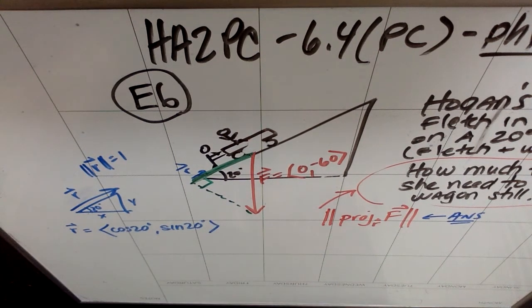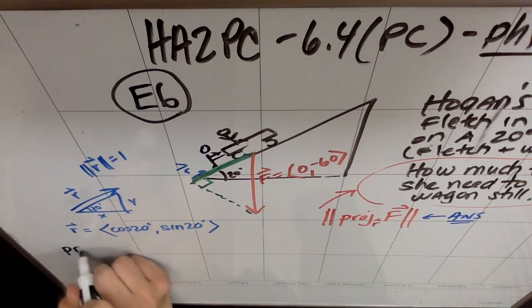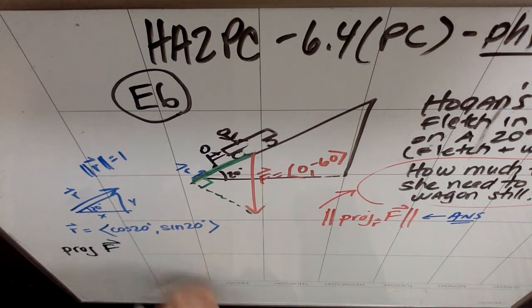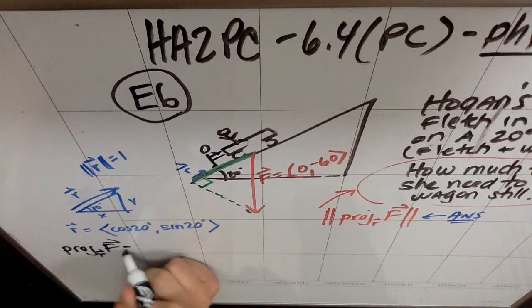Because again, I really only care about the direction of r, and the direction of r is up the ramp. So I drew r to be the angle of the ramp, okay? So if I use that projection formula, and you don't have to have this memorized, it's on page 444, the projection of F, which is the weight, onto r, is going to be